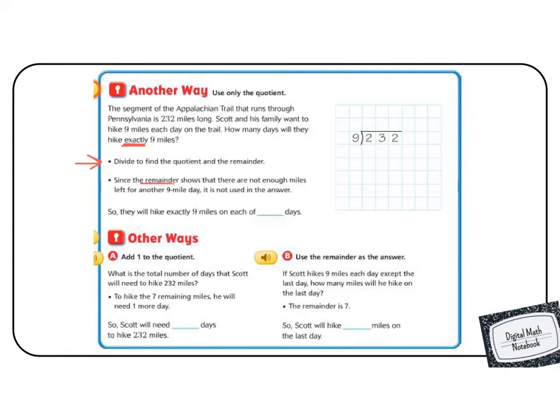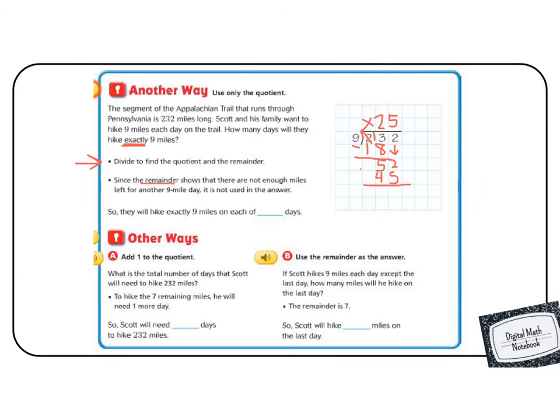So 9 doesn't go into 2, it has to go into 23. So 9 goes into 23 2 times, which is 18. And we subtract. 3 minus 8 we can't do, so we borrow and we get 13. 13 minus 8 is 5, and then we bring down the 2. How many times can 9 go into 52? Well, I now know that 9 goes into 54, but that's too much, so it has to be 9 times 5 is